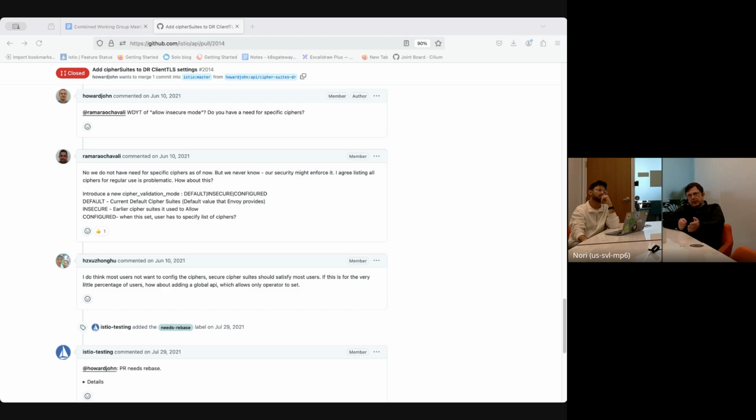They have the cardinalities that each client has different destination rules, which doesn't work with ambient, by the way. And it impacts pretty much everything in the mesh that is connected to that server. So the impact is pretty huge, and it's much more difficult to support anything in destination rules than something in gateway.